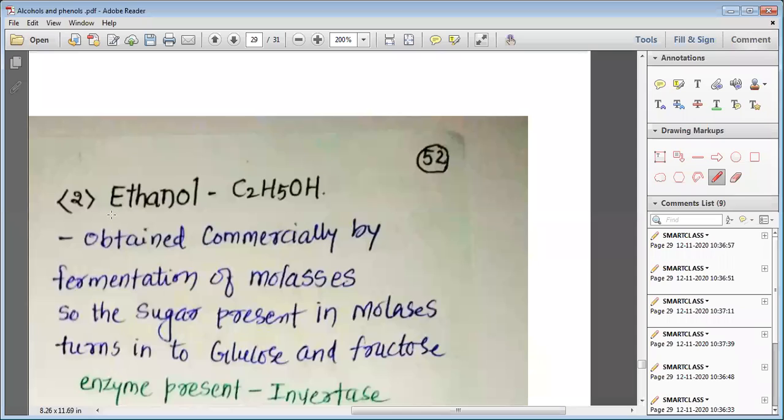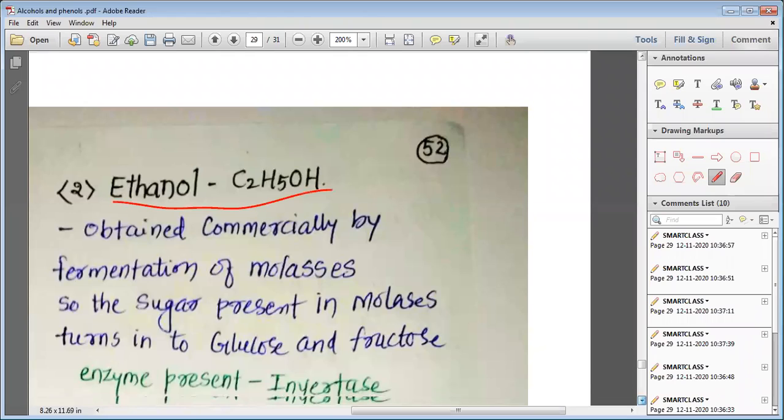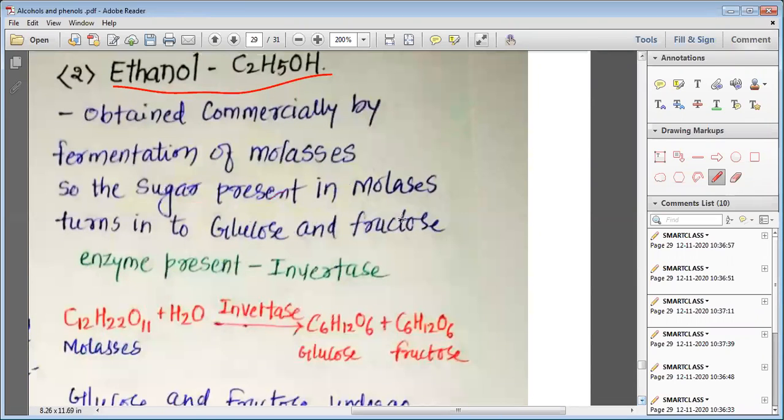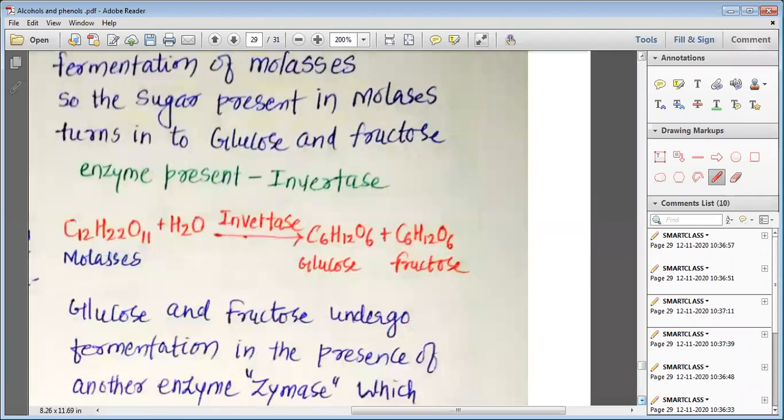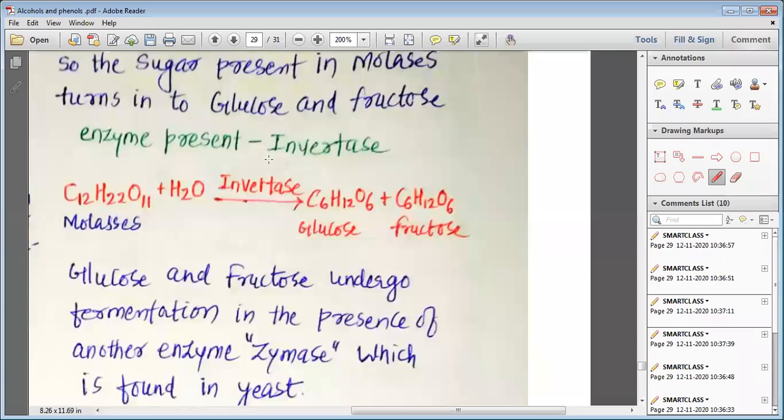Now, my dear students, we are going to study ethanol. Ethanol is commercially obtained by the fermentation of molasses. The sugar present in the molasses turns into glucose and fructose. The enzyme present during this reaction is known as invertase. So we have molasses, C12H